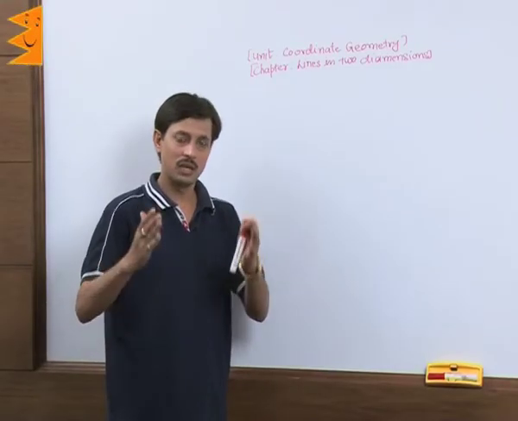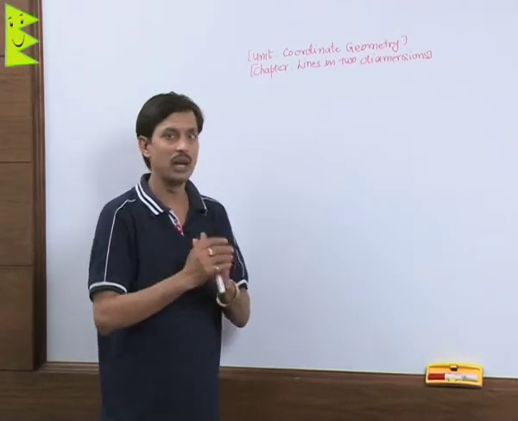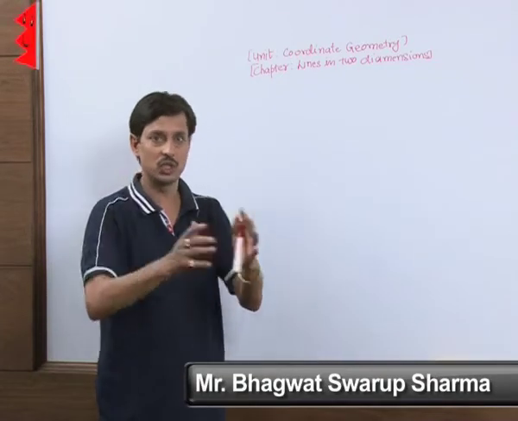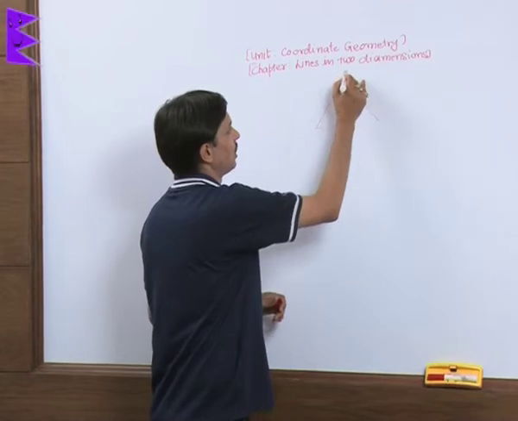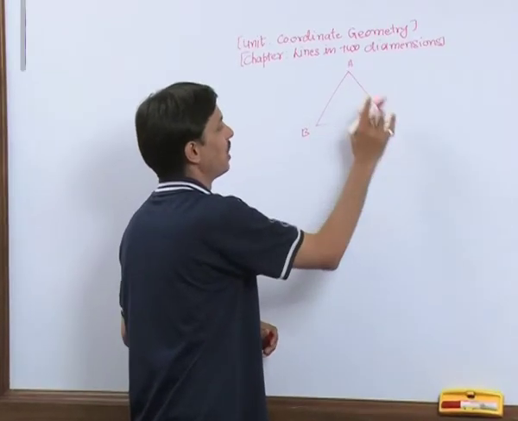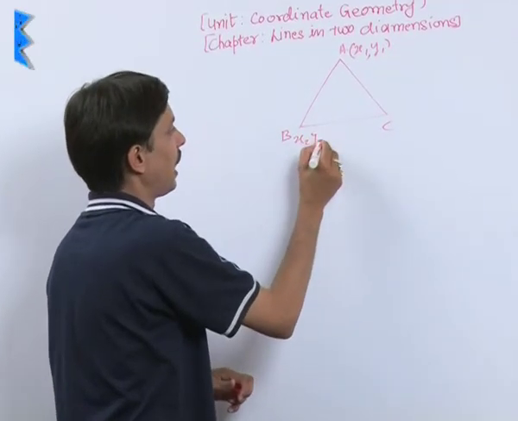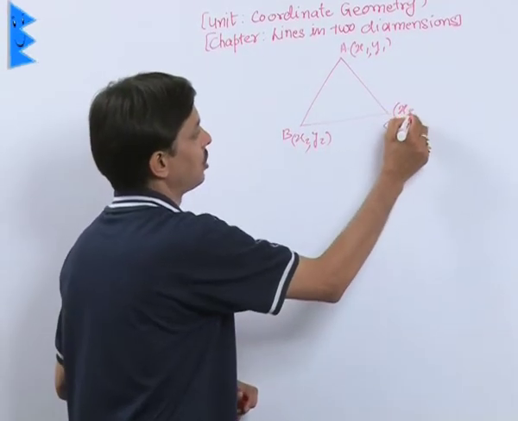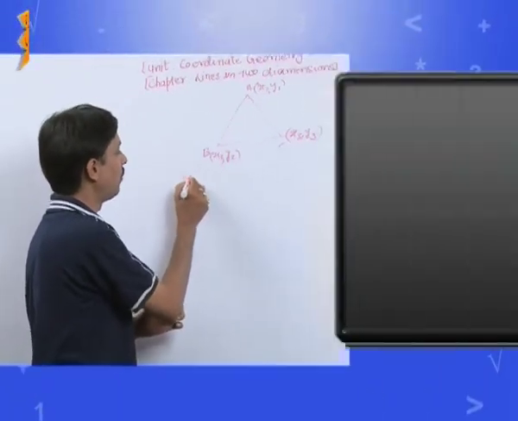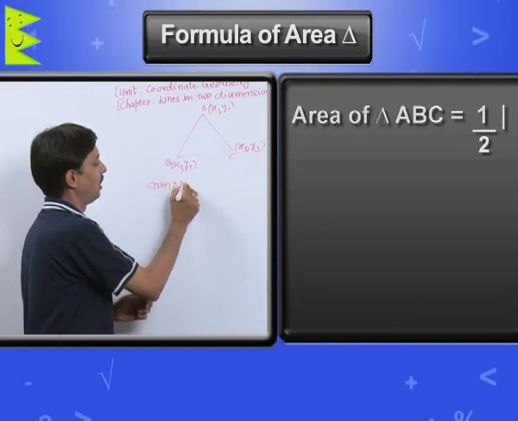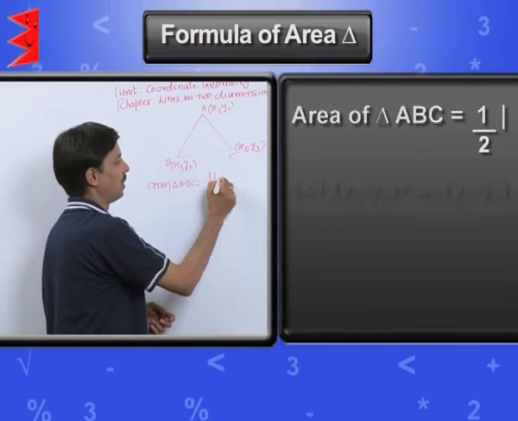Now we will discuss how to calculate the area by using the area formula in general, without the distance formula. Suppose we have a triangle ABC. This is A, this is B, this is C. Here it is x1, y1 coordinates, at B x2, y2, at C x3, y3. If these are the vertices, then the formula for the area of triangle ABC is given by mod of half of